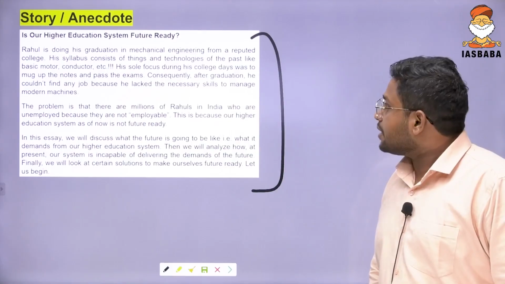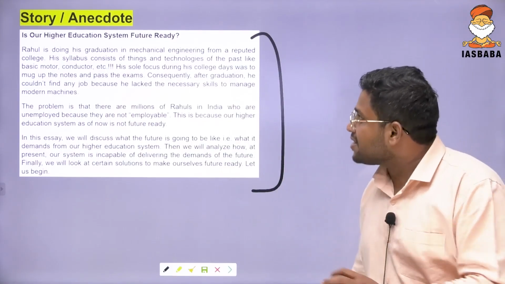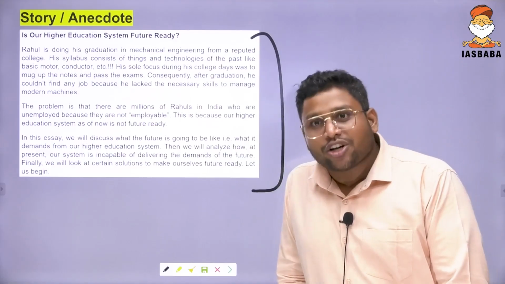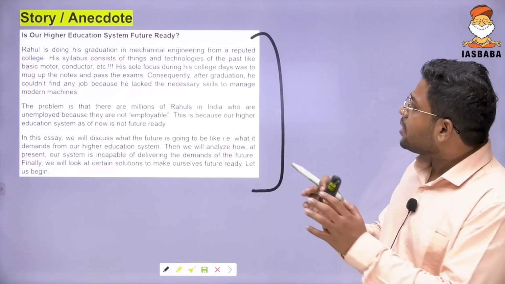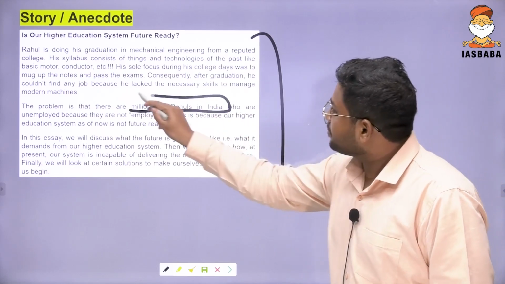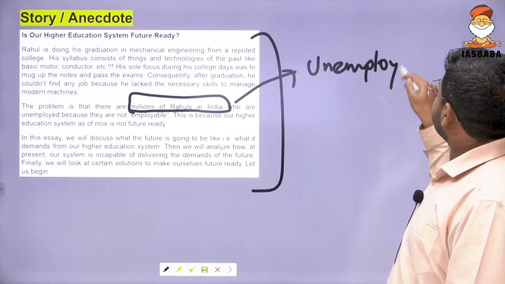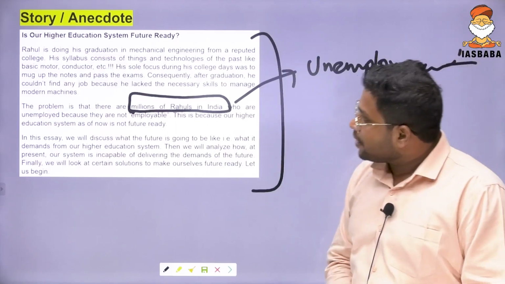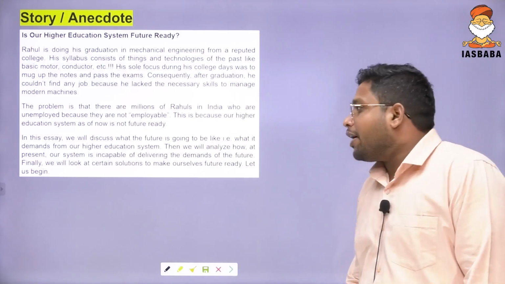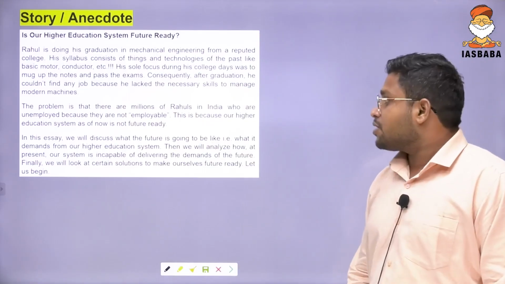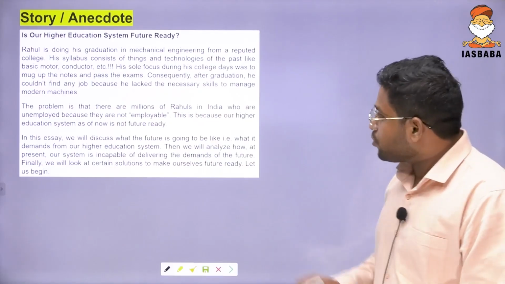Consequently, after graduation, he could not find any job because he lacked the necessary skills to manage modern machines. The problem is that there are millions of Rahuls in India. Very good statement, showing the unemployment in India, especially among the engineers. The problem is there are millions of Rahuls in India who are unemployed because they are not employable. This is because our higher education system as of now is not future ready. You see,